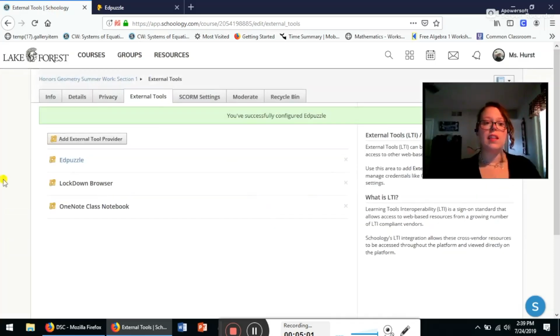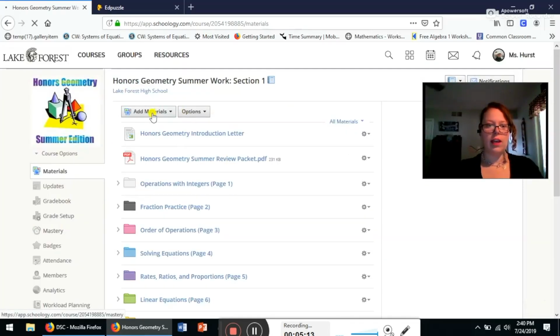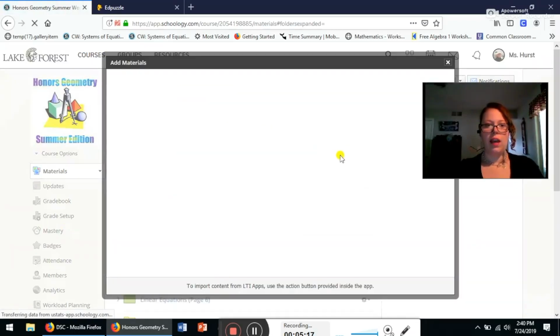Once I hit submit, it's going to pop up blue. That tells me that everything's working there. And then all I have to do is go into that course, and I should be able to assign something. So if I go into this Honors Geometry Summer Work and I click Add Materials, I can go into Edpuzzle, and here you will see it's going to pop up